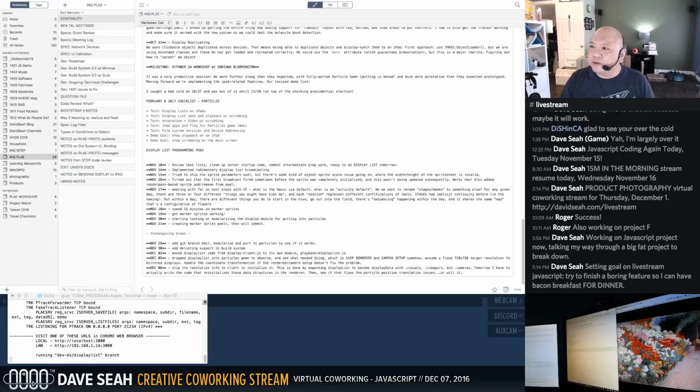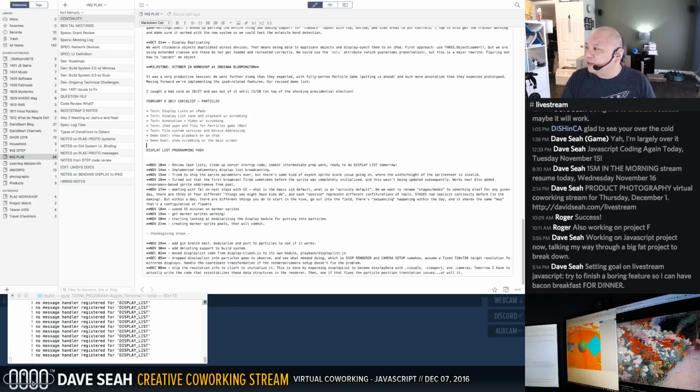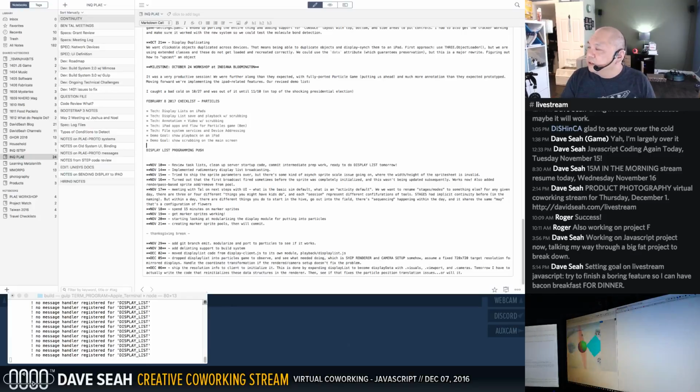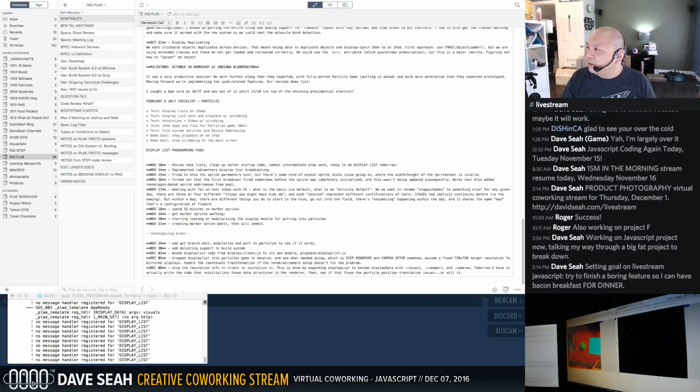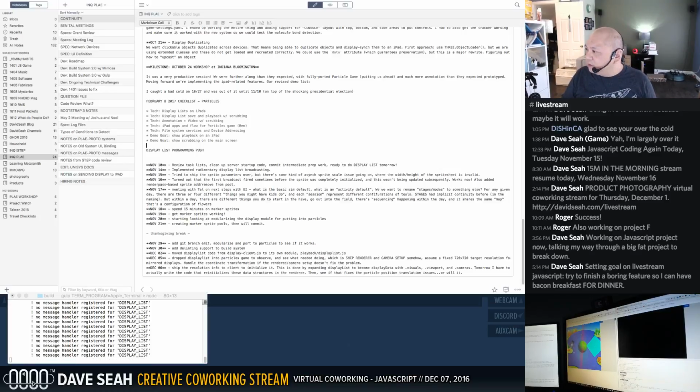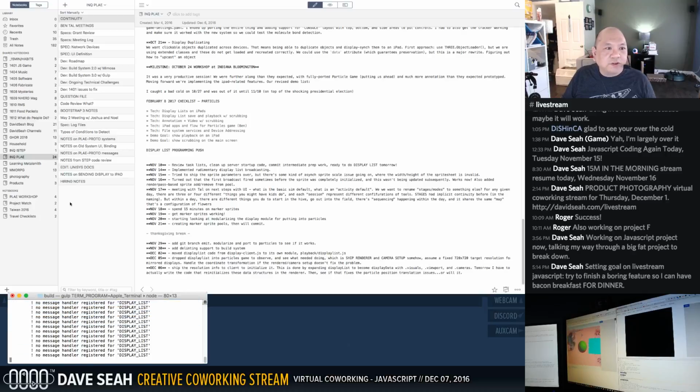Anyway, on the left side we are running a display server, and on the right side we will be running a renderer, or rather, the thing that's copying it. Oh, it's not running. Did I break it? Probably not. Oh, there's no message handler. You can see over here on the terminal window, my code is warning me that there's no handler registered for display list, which means